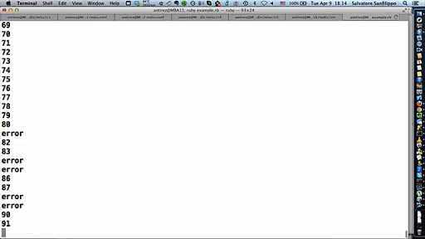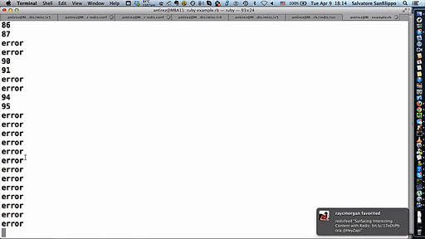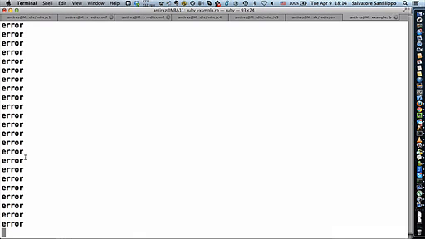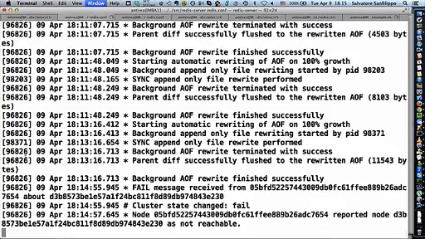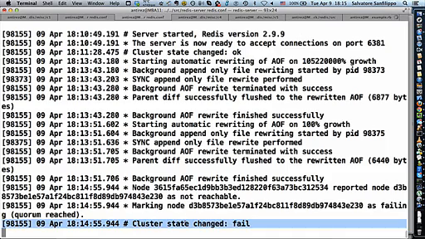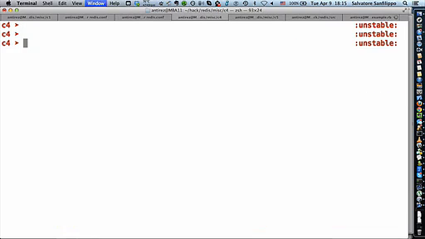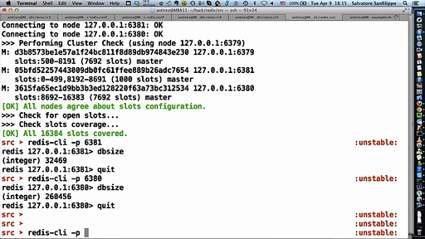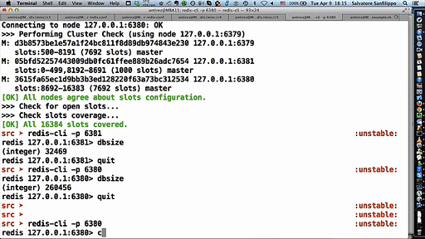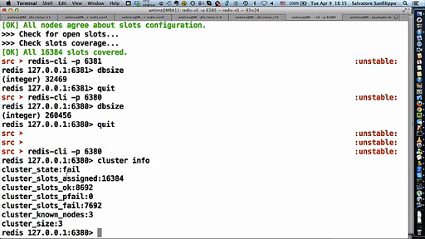I stopped the first node and we start to have errors, and the cluster in short time realizes it's not possible to go forward and enters in an error state. Okay, cluster state changed to fail, and this one too, and I can ask one node cluster info,